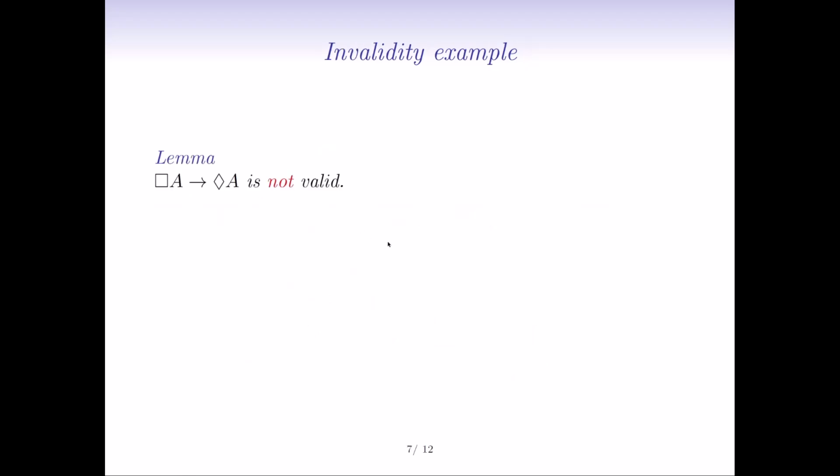Now let's do an example of something which is not valid. How might you show that something is not valid? Well, you have to show that there's at least some frame where it's not valid. So here's an example of something that's not valid. Box A implies diamond A. If something is necessary, then it is possible. That sort of seems like it might be true, and in some frames it is true, but generally it's not,